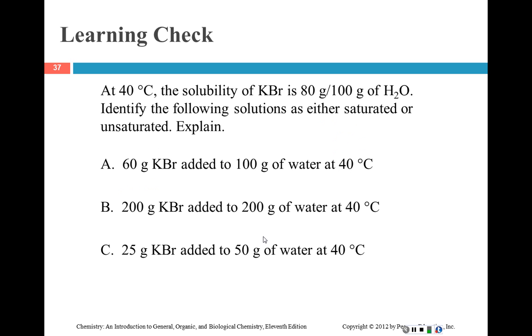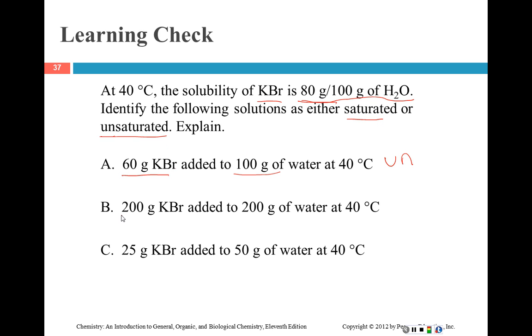At 40 degrees, the solubility of potassium bromide is 80 grams per 100 grams of water. Identify the following solutions as either saturated or unsaturated and tell why. Okay, you've got 60 grams of potassium bromide in 100 grams of water at 40 degrees C. The solubility is 80. So has it got as much as it can possibly take? No, it's not. So it's un